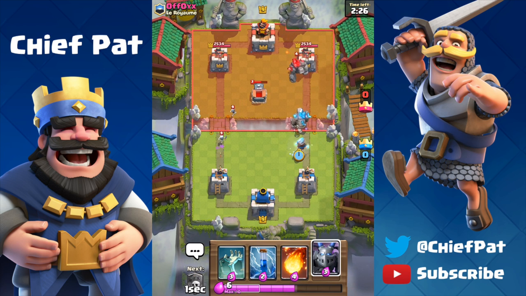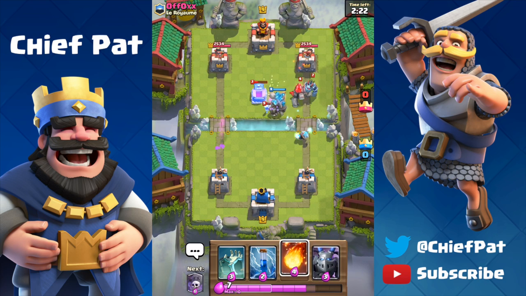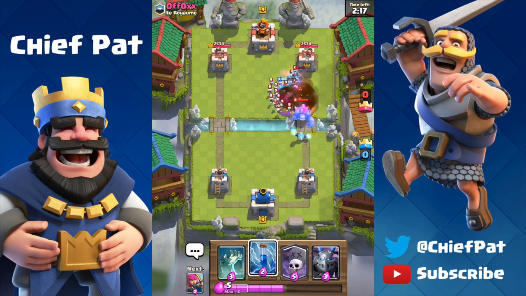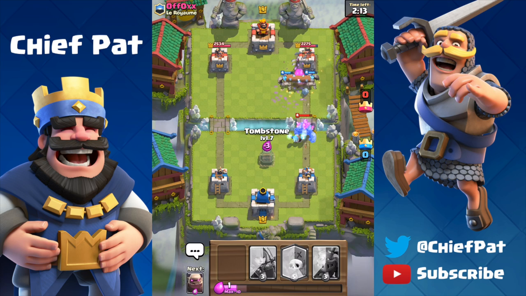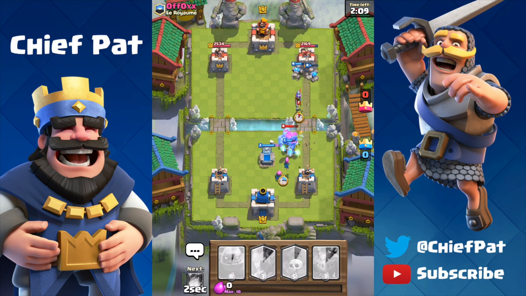But meanwhile, we're going to be going into a mirror matchup right now, where this guy's using the Golem as well as the Tombstone. Same thing for us, and let's go ahead and start this battle off. All right, so Mega Minion and Golem are going to be hovering over my Golem. I've got the Zap spell, which I'll drop on top of everything, and as my Golem reaches the tower, it will explode, giving me a little bit of that explosion damage,